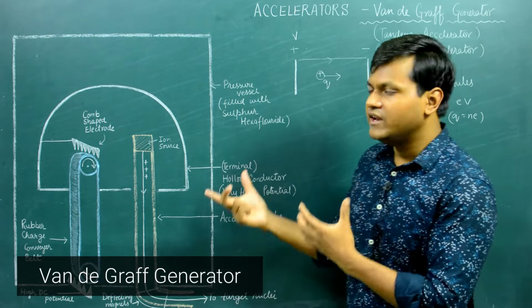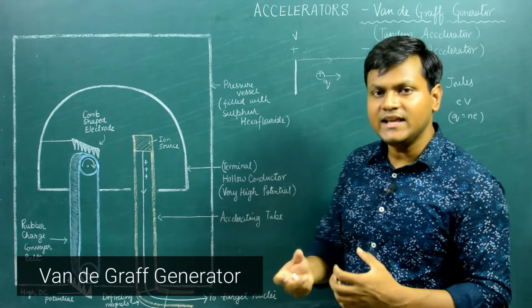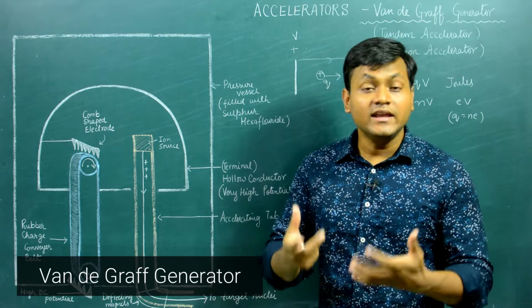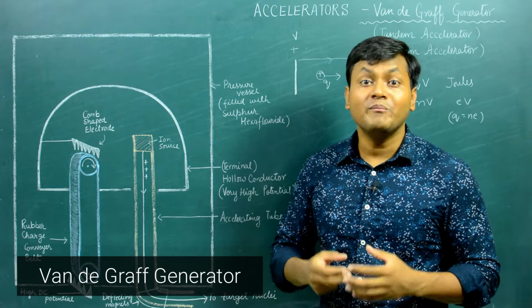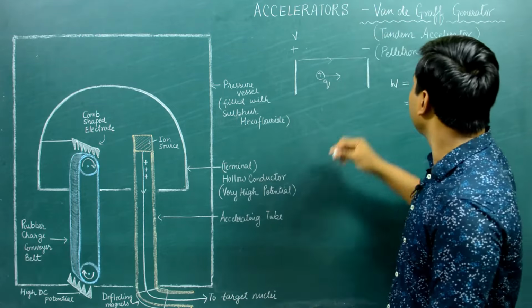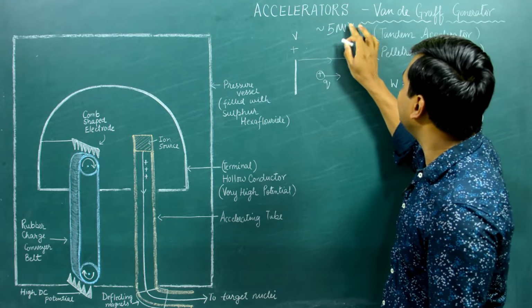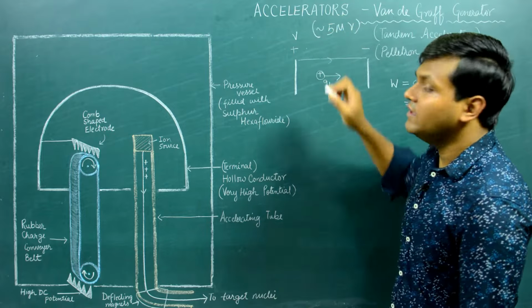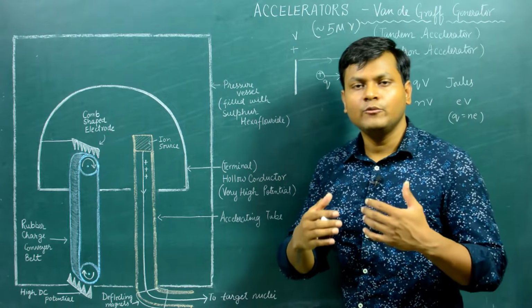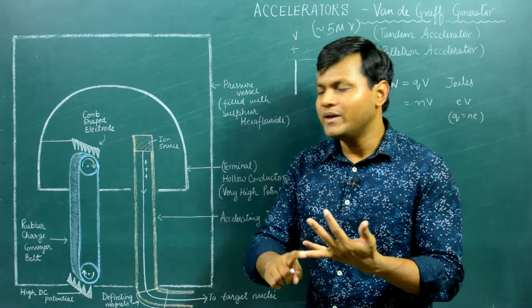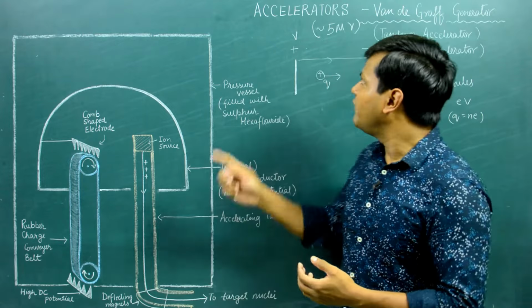A Van de Graaff generator is simply an electrostatic accelerator that can create potential differences of the order of millions of volts. Almost 5 million volts of potential difference can be created by Van de Graaff generators. So in this video, I'm going to talk about the principle, the working mechanism, and the construction of a Van de Graaff